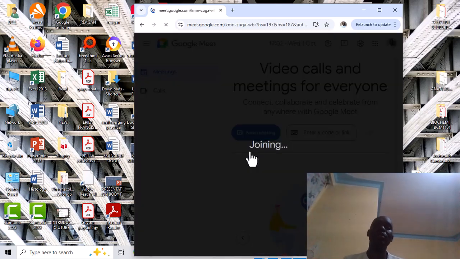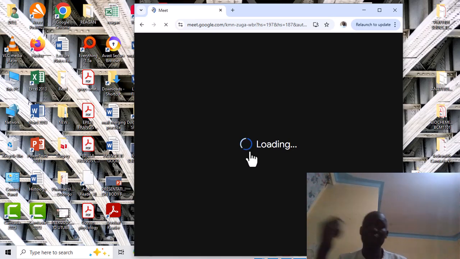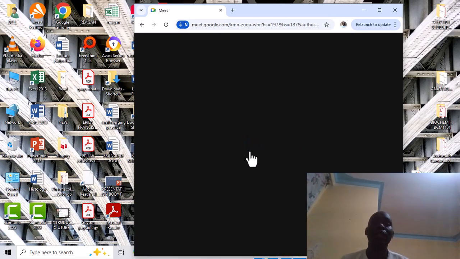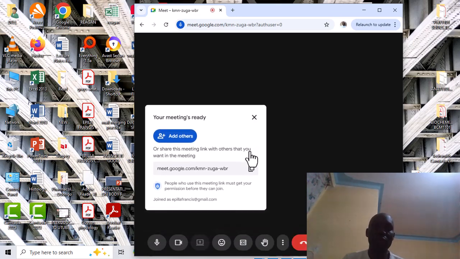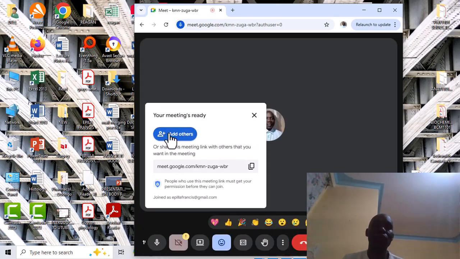When you start this meeting instantly, a link will be generated, and once it is generated, you can now share it on the various groups that you have, maybe the WhatsApp group or a different group, then people will be able to join.